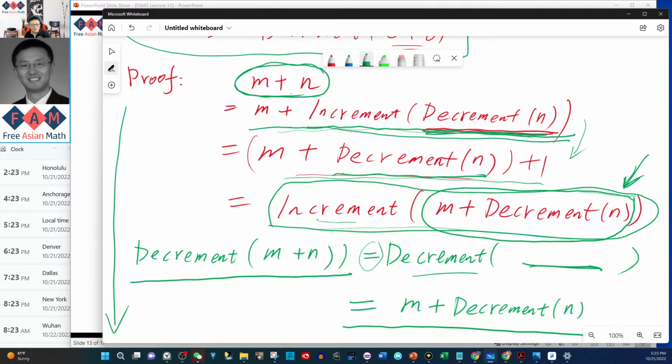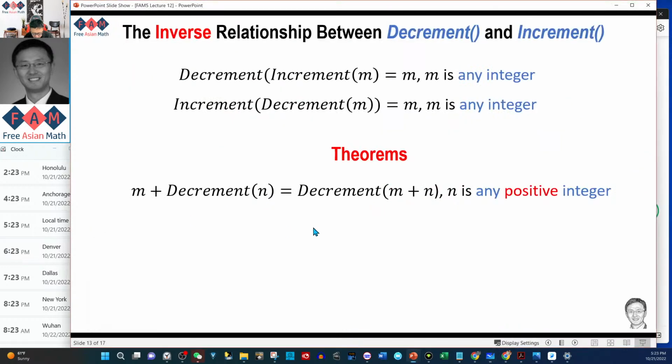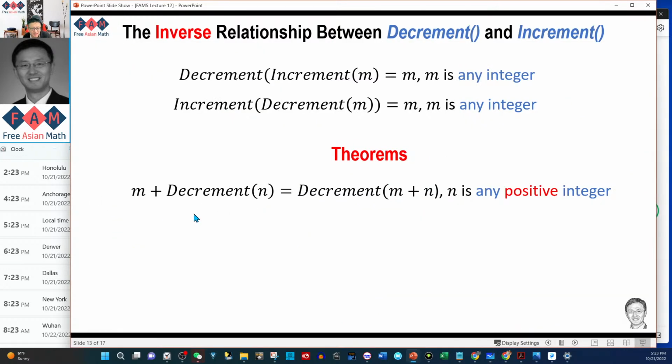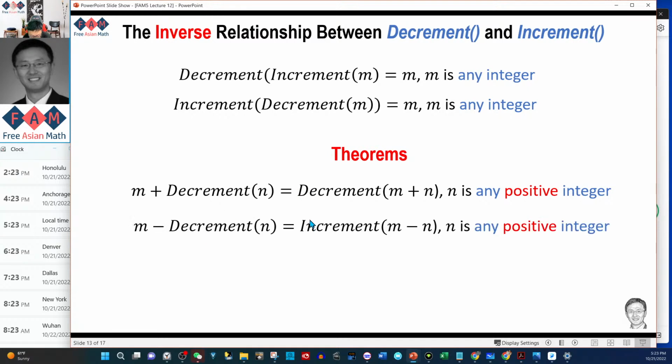So we go from n plus n, get here. Then we simultaneously perform a decrement operation on both sides, and this gets what we want in the original right-hand side. It's decrement n plus n, and here we once again use the earlier result. If you do increment here, then perform decrement, it goes back to the original, which is exactly what we needed in this theorem. Okay, that's what it says in the theorem. What is the other one? Similarly,